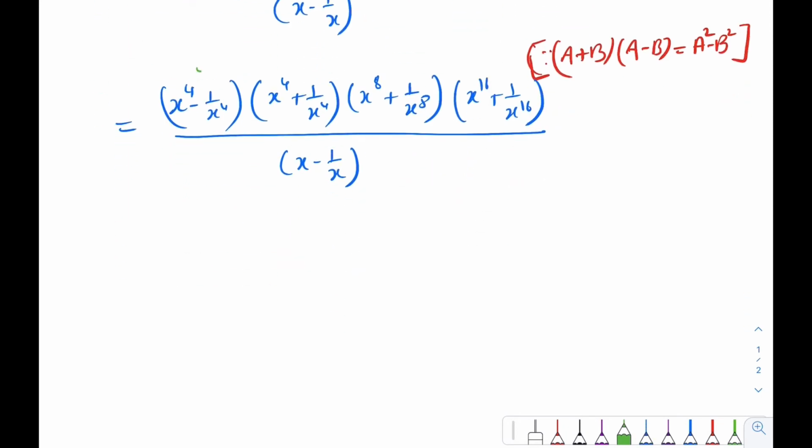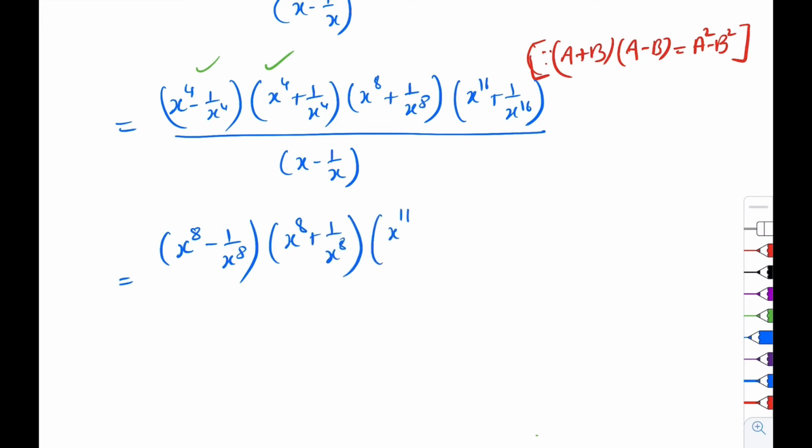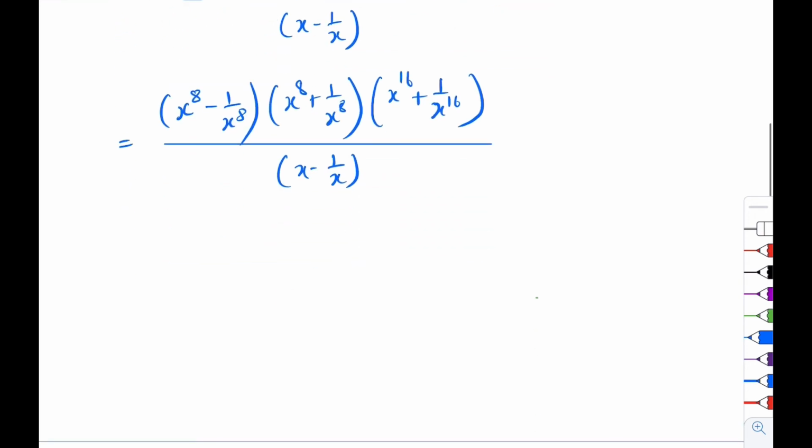Now again, multiplying the first two terms we get x⁸ − 1/x⁸ into (x⁸ + 1/x⁸)(x¹⁶ + 1/x¹⁶) upon (x − 1/x). Now again the first two terms we get